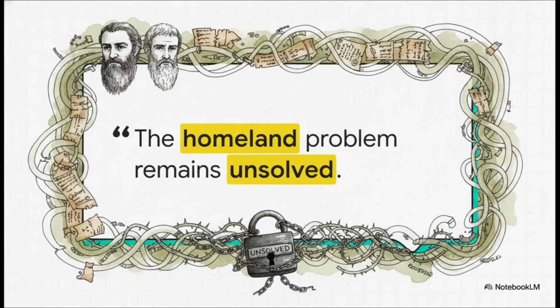And we aren't the only ones noticing this trap. Even prominent, highly respected scholars in the field, like J.P. Mallory, have explicitly acknowledged the limitations of this approach. Mallory profoundly noted that, despite all the vocabulary evidence, the homeland problem remains unsolved. Think about that for a second. That statement simply wouldn't be true if this vocabulary evidence was the ironclad, independent confirmation it's so often presented as.